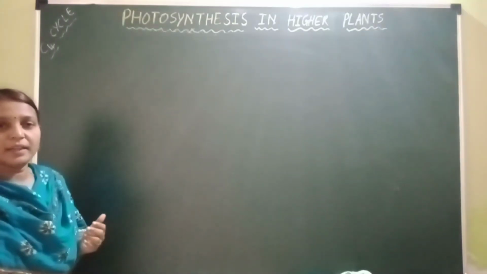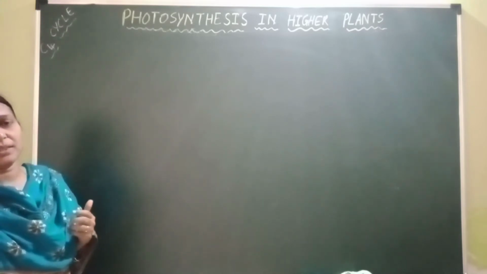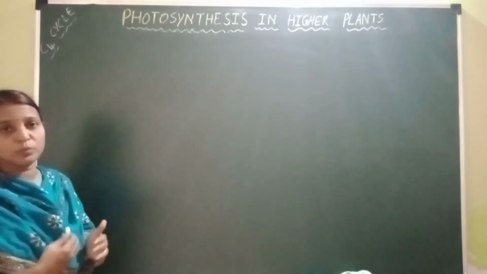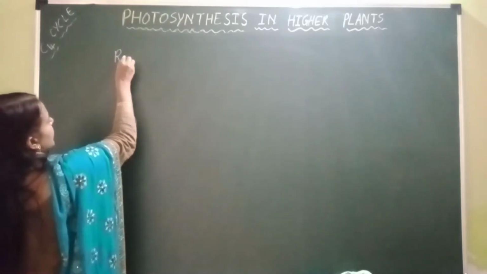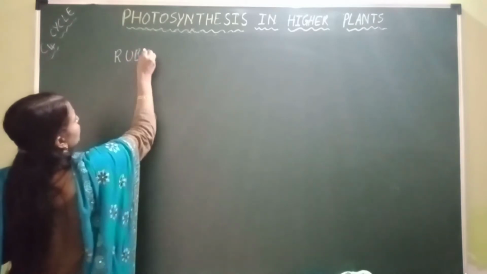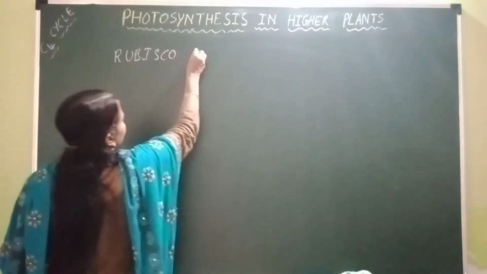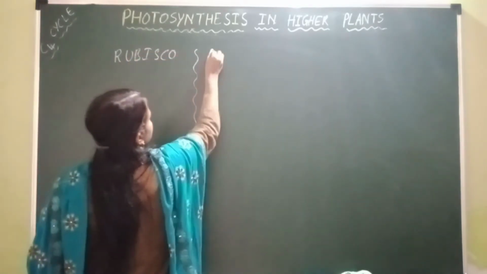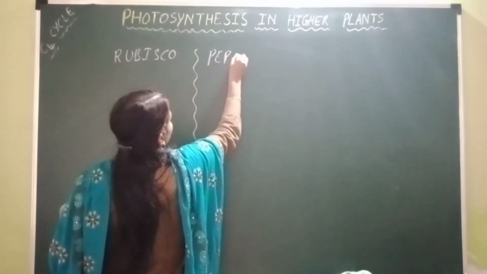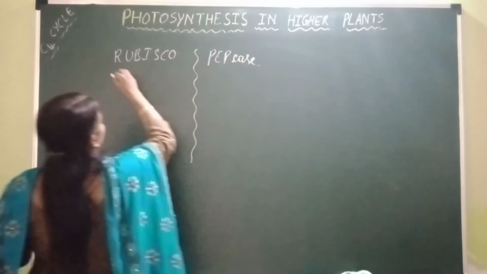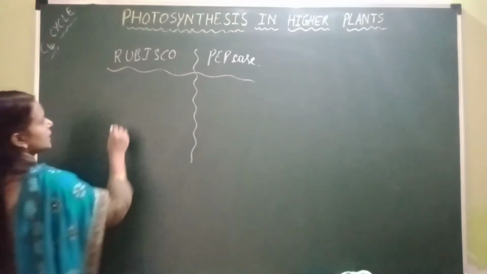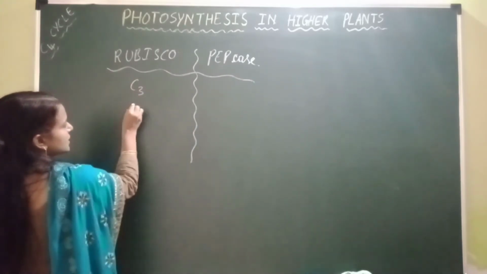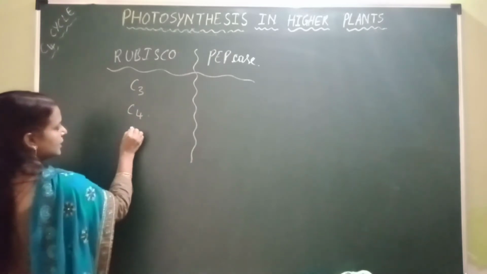So before explaining the details of this C4 pathway, I want to give you some details of the Rubisco and PEP carboxylase enzymes. These two enzymes, Rubisco and PEP carboxylase, are carbon dioxide fixing enzymes. Rubisco is present in C3 plants, C4 plants, and even in CAM plants